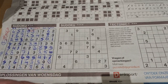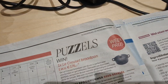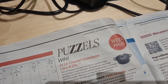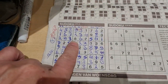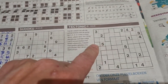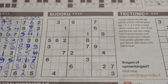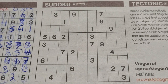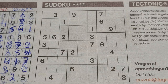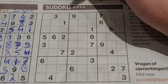Welcome back with the second puzzle of Four Stars Sudoku in today's newspaper on Thursday, November the 28th, 2024. And we have here 3 regular puzzles. One of those puzzles I've already solved, the 3 Star Sudoku, so 2 puzzles remain: JigSaw Sudoku and the 4 Stars Sudoku. In today's newspaper we have also an additional with extra puzzles. 7 extra puzzles. 4 of them I will solve, not now but in the evening. Now I will continue with these 3 regular puzzles, and